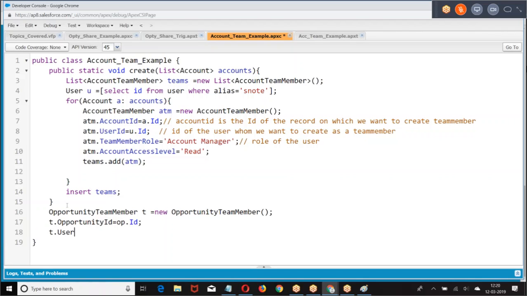T dot, okay, your student ID. Then T dot team member. T dot opportunity access.